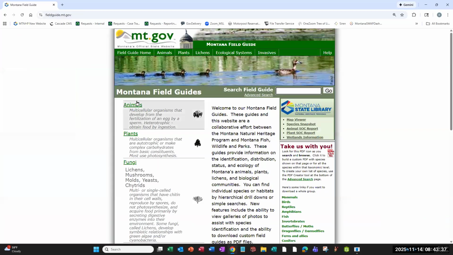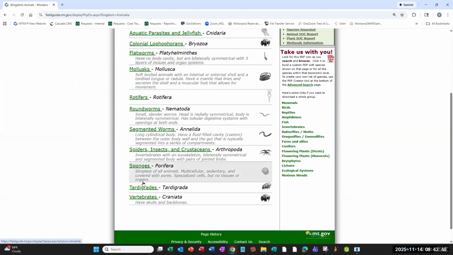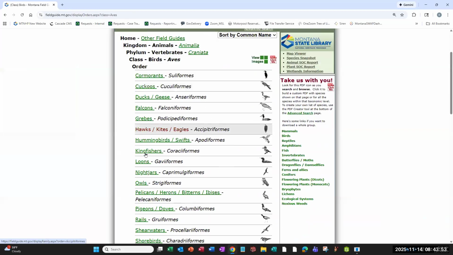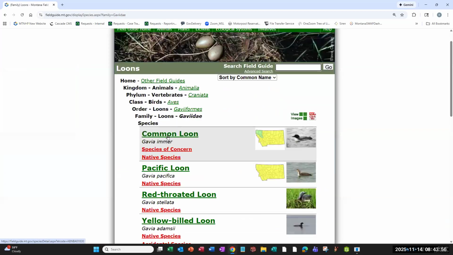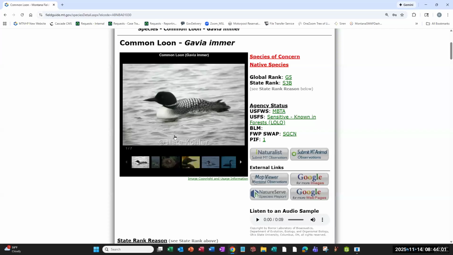On the Montana Field Guide, you can see information on individual species and habitats. One way to find this information is to drill down taxonomically. So if we go to vertebrates and birds and loons, we can select common loon and see information on common loon. All of the accounts for species and habitats have photos of the species and habitat, a summary of their conservation status at the global and state scale, whether they're a state species of concern or habitat of concern,